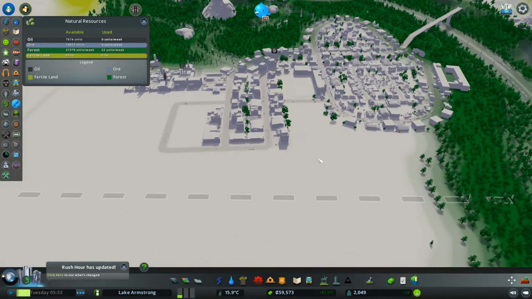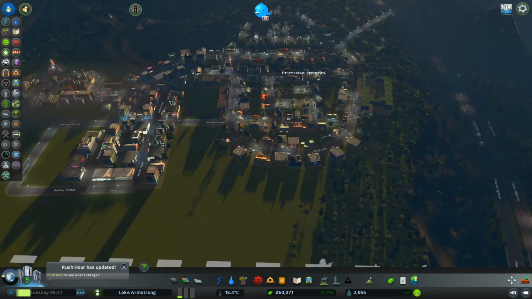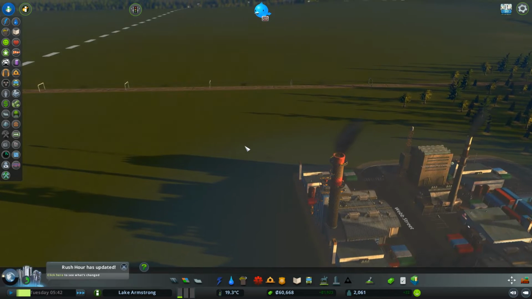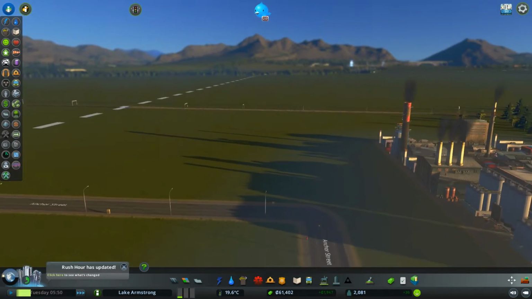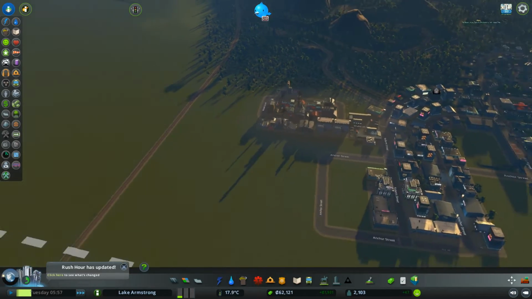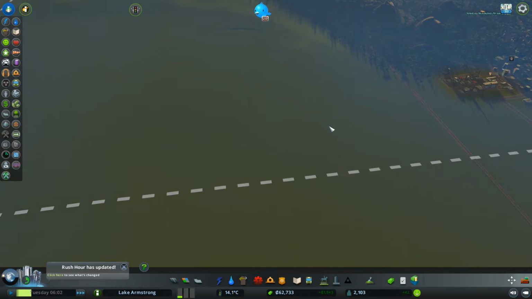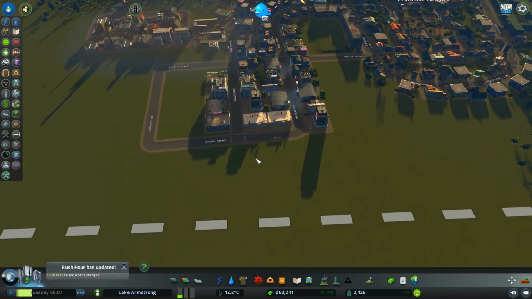Alright, so we have a little bit of residential demand. And I mean a little bit. Let's see, what could we do for that? I think most of this area here is going to be commercial because it's really close to this industrial park here. So we might build our next residential area over here on the other side of the tracks. So let's go ahead and get